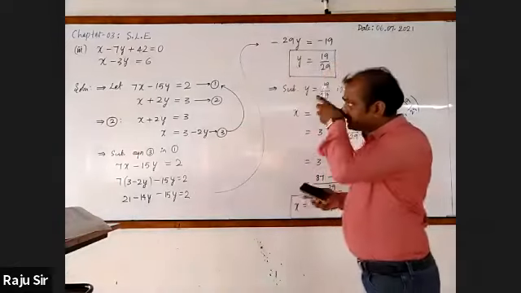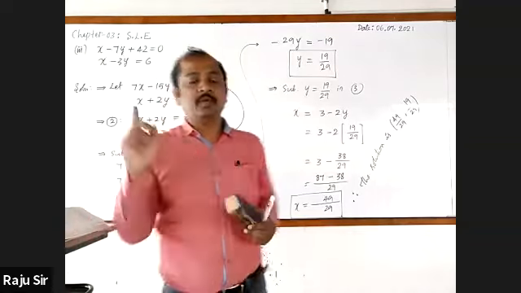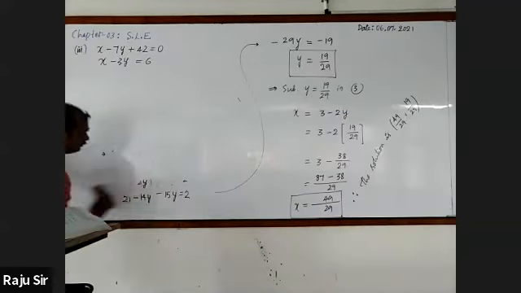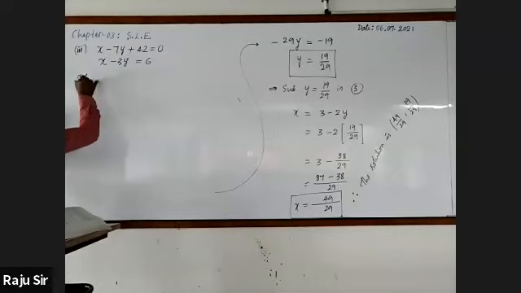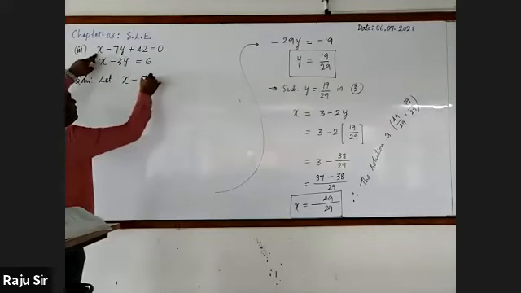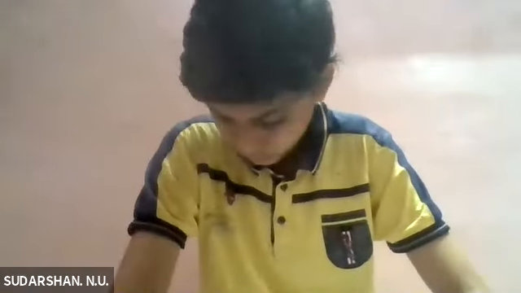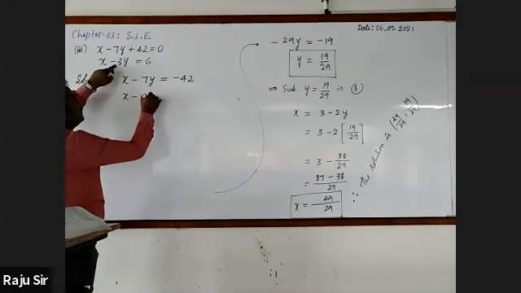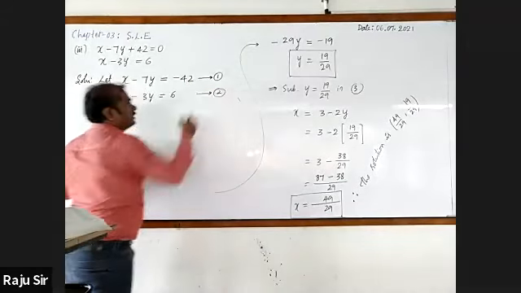I hope that you have got the answer. Now I'm going to write. Please cross-check your answers with my writing, just by observing my writing. In the very first step, we will go for writing the given equations in standard form. First equation, it is not in standard form, so I'm writing it as x minus 7y is equal to 42. Take 42 to the right hand side, it becomes minus 42. Next, second equation is already in standard form: x minus 3y is equal to 6. And number them as first equation and second equation.